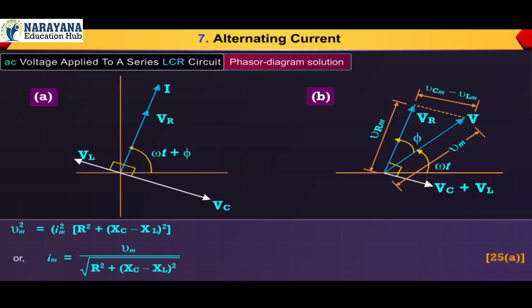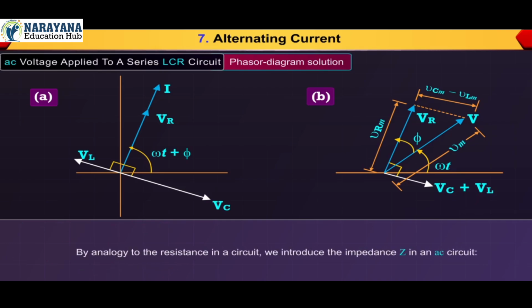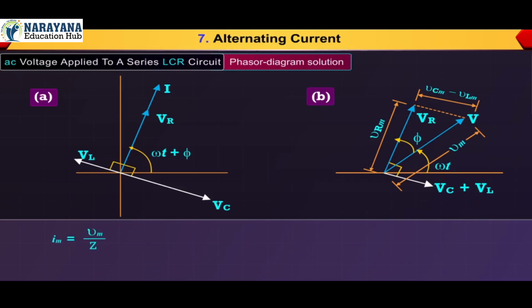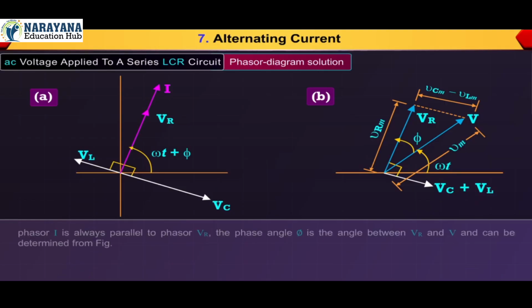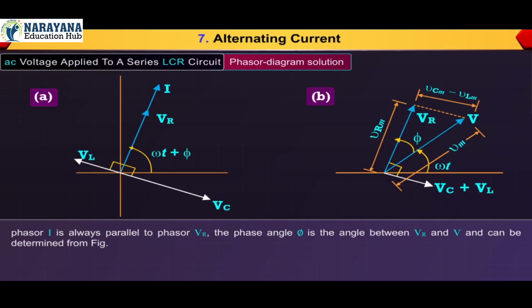Equation 25a. By analogy to the resistance in a circuit, we introduce the impedance Z in an AC circuit. Im is equal to Vm upon Z, equation 25b, where Z is equal to square root of R square plus (Xc minus XL) whole square, equation 26. Since phasor I is always parallel to phasor VR, the phase angle phi is the angle between VR